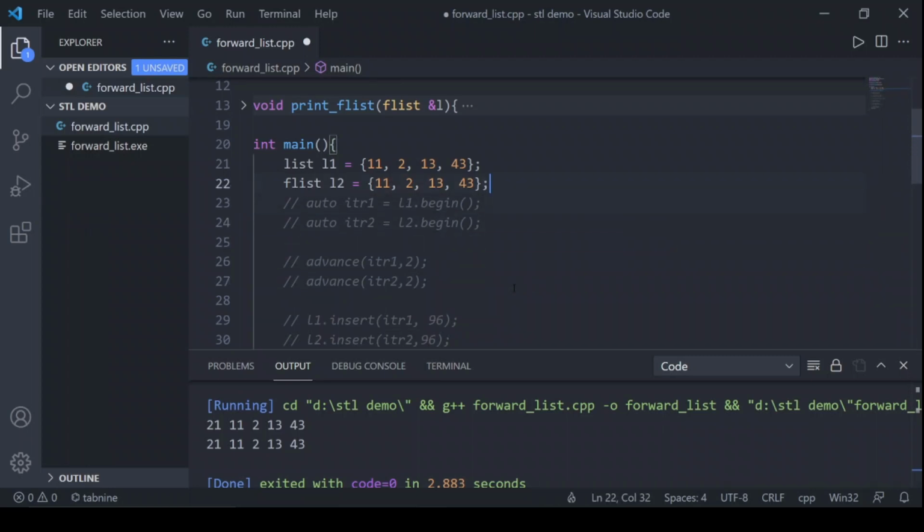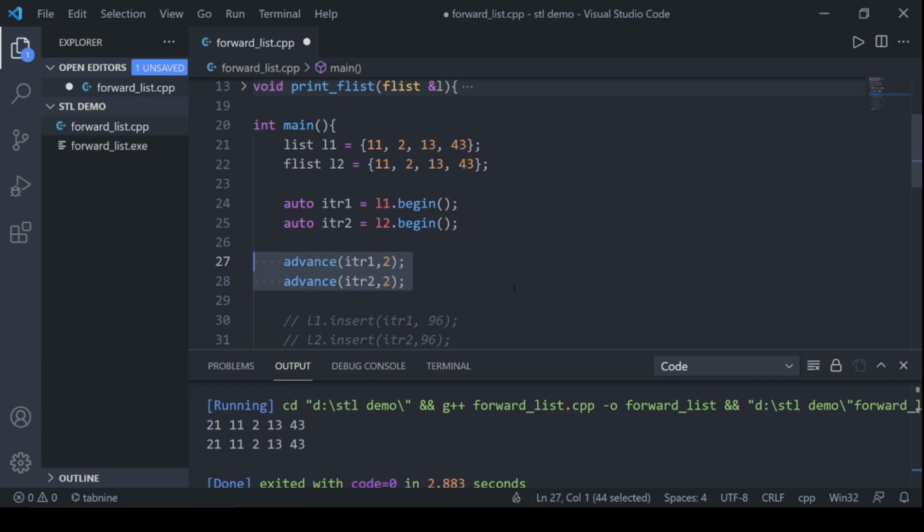Okay, so I have created 2 iterators and advanced them so that they point 2 positions ahead. ITR1 would now be at 13 and this one is also at 13. Here, insert at ITR1 means inserting at the position 13, but in the second case it means inserting after 13.